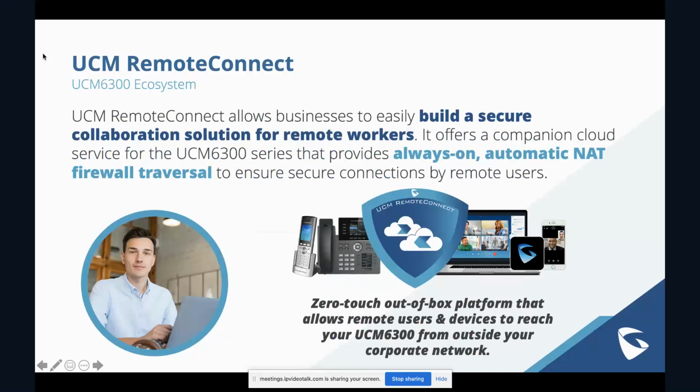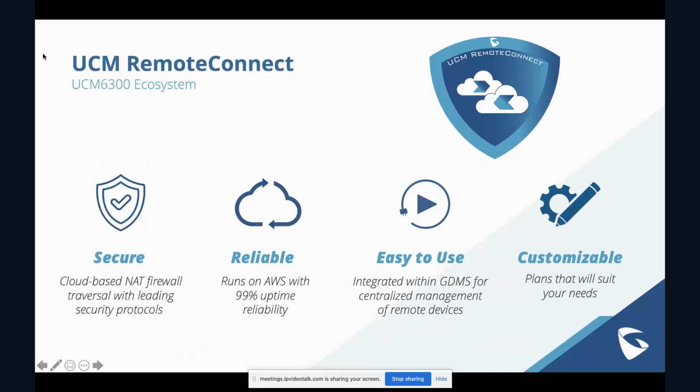And as I'm going to tell you here in just a second, we're launching it initially as a completely free to use program. So there's really no reason not to use it, as it adds that extra layer of security, not just for your remote workers, but also for your entire business solution. So the UCM RemoteConnect service, again, is a cloud service, and like I'm going to show you here in a second, initially being released